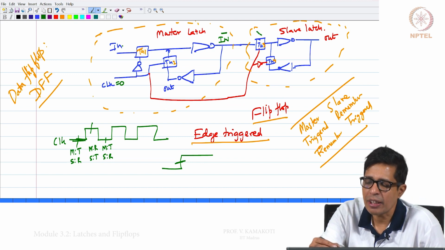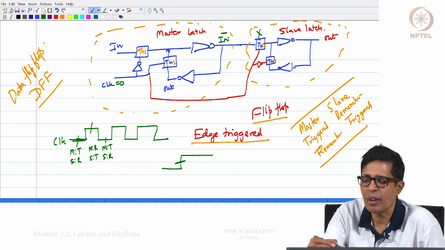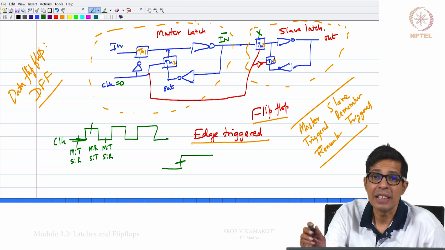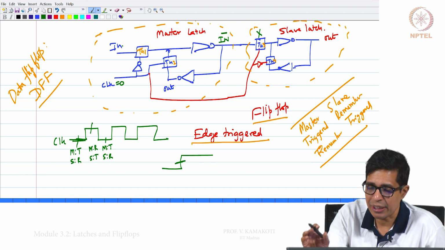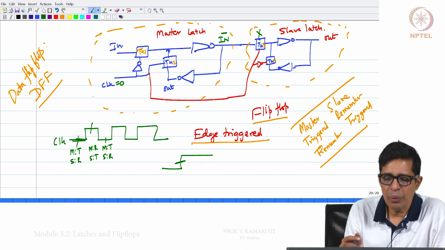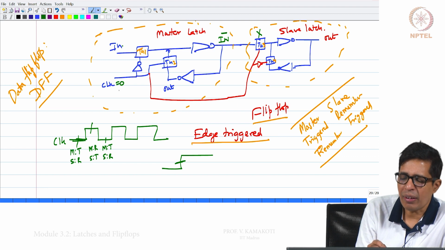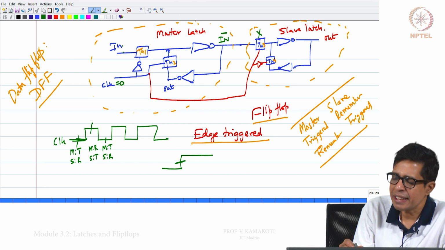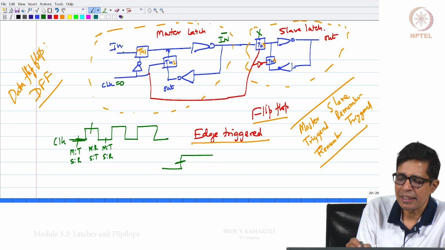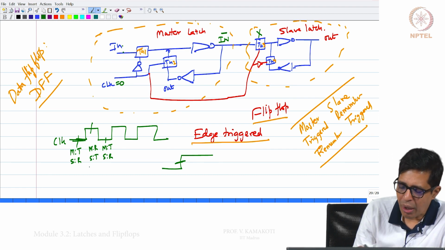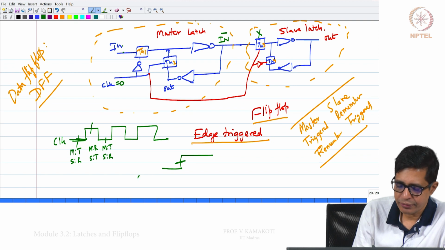Note that TG3 is cut off, so the slave latch will be remembering something. We will come to what that something is very shortly. When the clock is 0, the input comes here as in bar, and of course this is going to be in again.